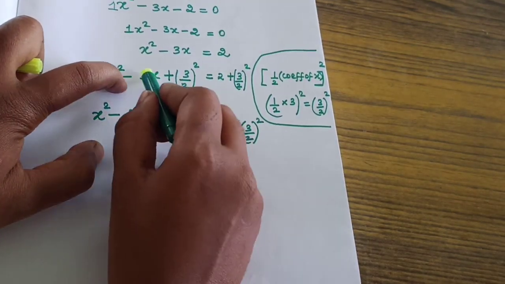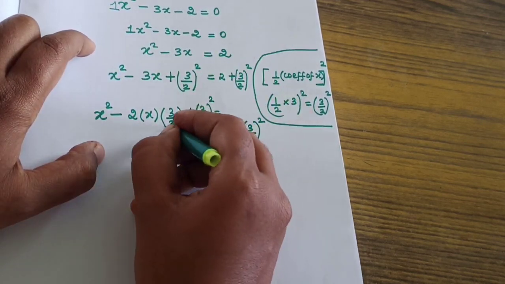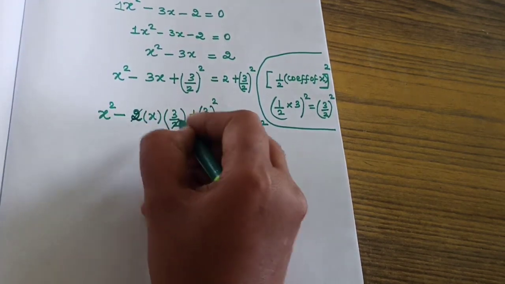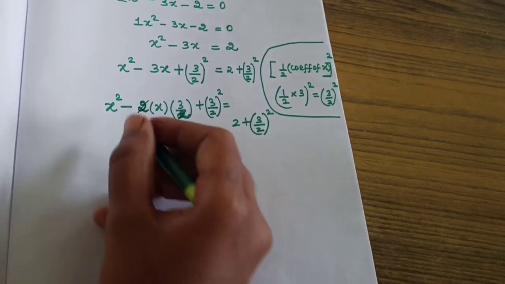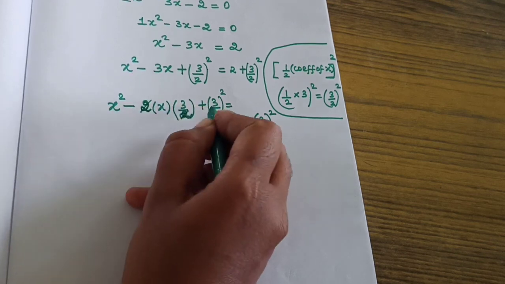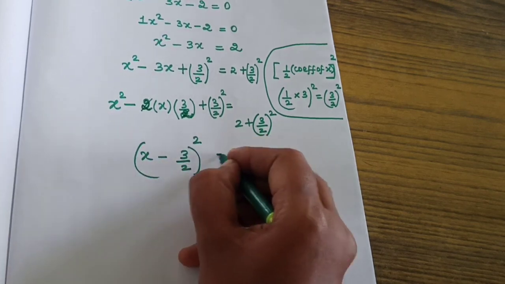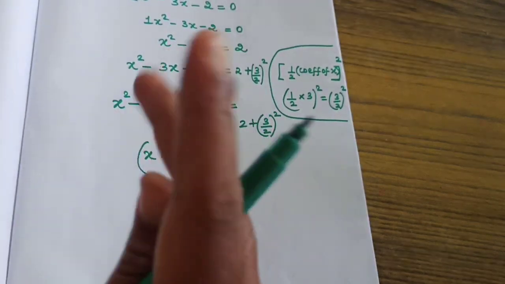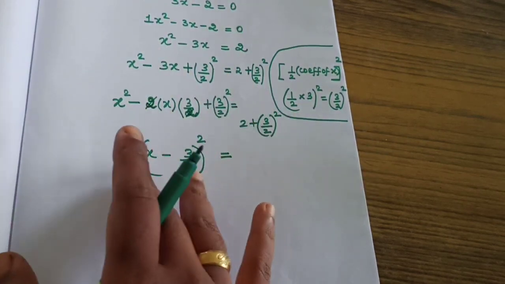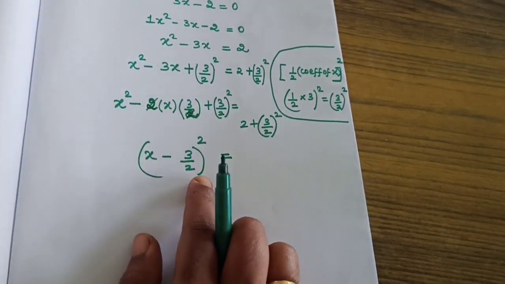The thing is, I just rewrote this 3 as the 2ab formula. So while cancelling we are getting 3x, the same term, no. So don't cancel this. So this is 2 and this is also 2, like that. Then this is the expansion of which formula? A square minus 2ab plus b square. A minus b the whole square, which is equal to these 3 terms, only 2 possibilities. One is a plus b the whole square, otherwise a minus b the whole square. Here the minus sign, no, so a square minus 2ab plus b square means a minus b the whole square,